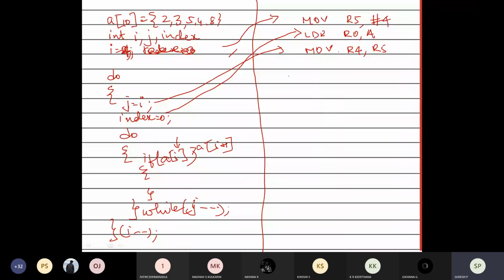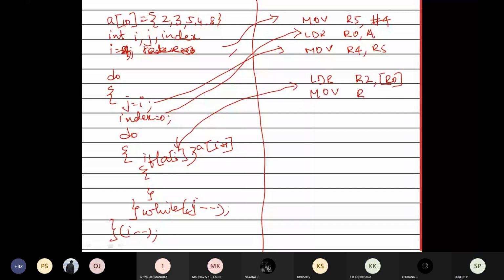So I am going to load one element from the address. This is E of i. Temporarily I am moving the first element to R1. So R1 is having the i.